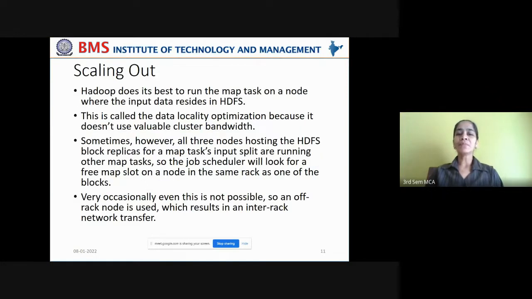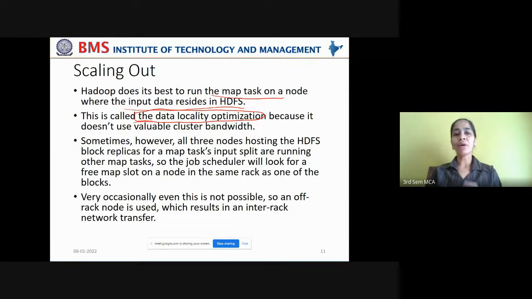Now, Hadoop does its best to run the map task on a node where the input data resides in HDFS. So Hadoop's main intention is to run the map task on a data node where the actual input split resides, where the fragment of the data set resides. Hadoop tries to co-locate the map task onto the data node where the input data is residing. Now this is called the data locality optimization, the important keyword that should be seen in your answers.